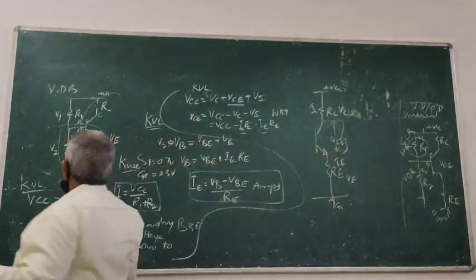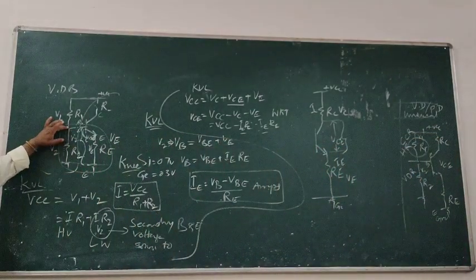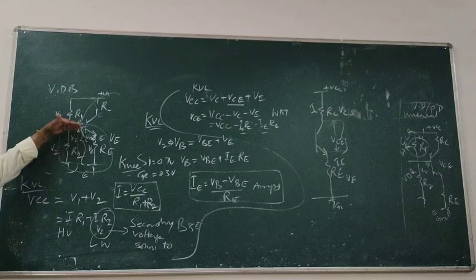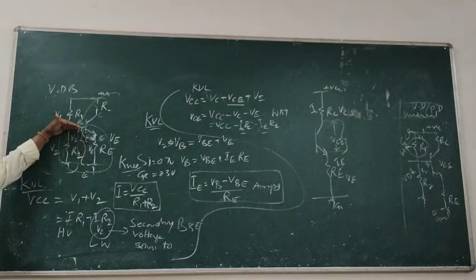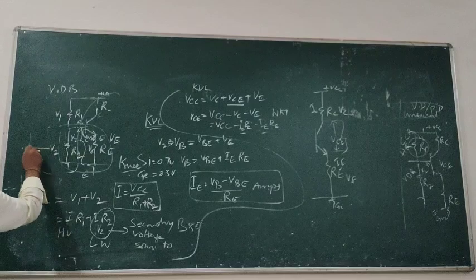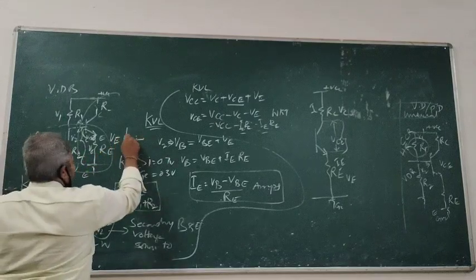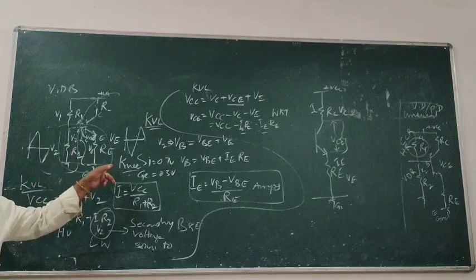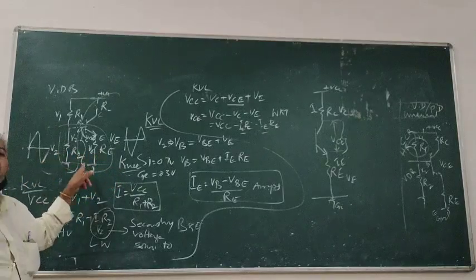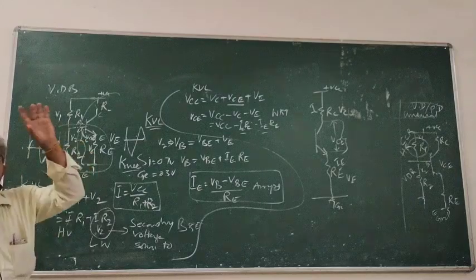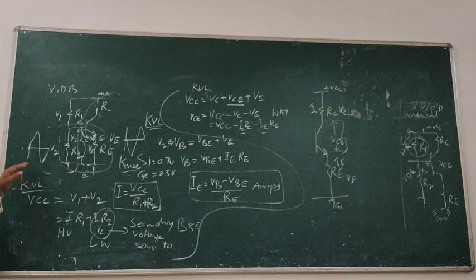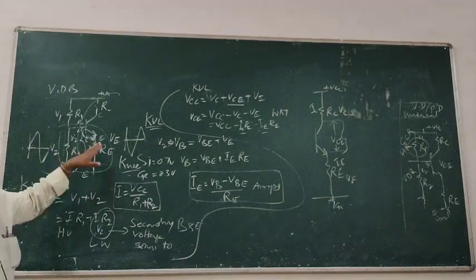But here, when you give the input here, it is a common emitter, right? Common emitter. When you give the input signal here, whatever signal is provided here will become reversed. That's why it is also called a phase reversal, phase shifter, inverting amplifier, NOT gate, negation. Clear? Now, why is it happening?